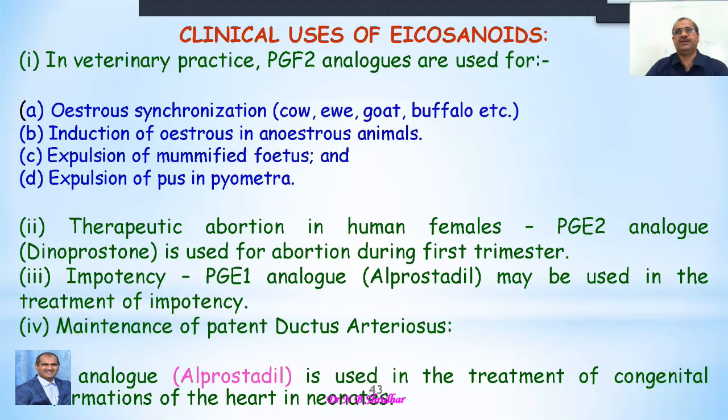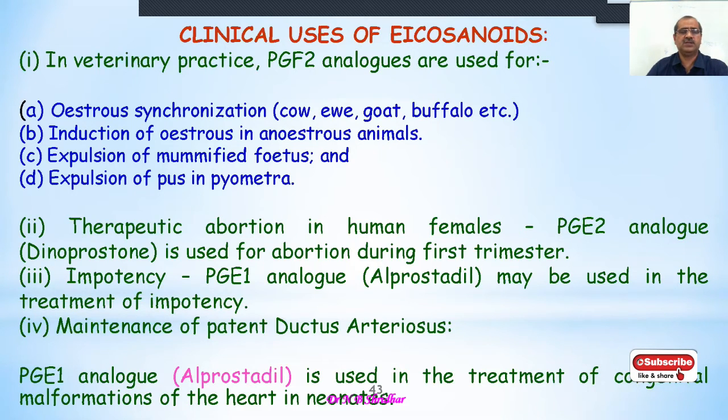That's the programmed stress induction program, or programmed stress induction. And of course, in other diseases, it can also be used: expulsion of mummified fetus and expulsion of the pus in the pyometra. Of course, for therapeutic abortion in human females, the PGE2 analog, especially dinoprostone, is used for abortion in the first